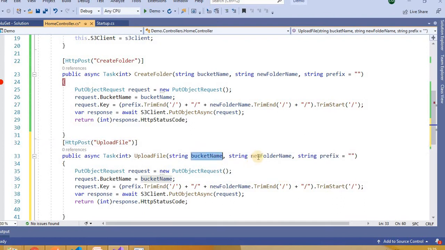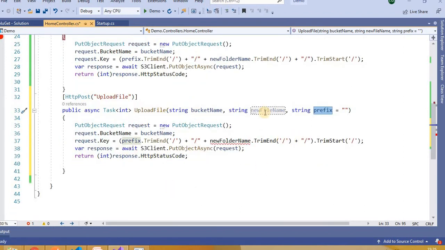Now here I will pass the bucket name and the new file name. Then again the prefix will be the same, everything will be the same here. The only difference is that it must not end with a slash here. Whatever slash we are using here, it must not end with a slash, otherwise it will be considered a folder instead of a file. Otherwise everything will be the same here.